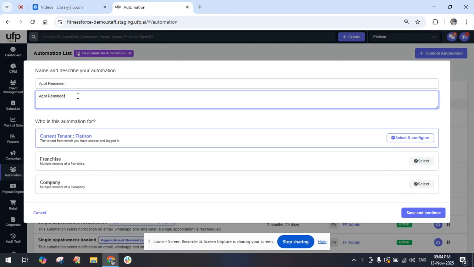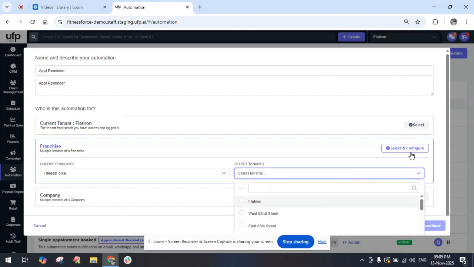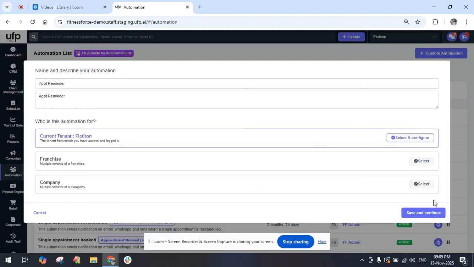And this can be done for two things. One is for the member, we can send a WhatsApp or email reminder, and the other is we can set an hour before the appointment for the staff as a task to open up. So this is where you can set it. We can also select for multi-center, that is multiple centers. If you want to select and assign it for multiple, we can do it, or just one center.